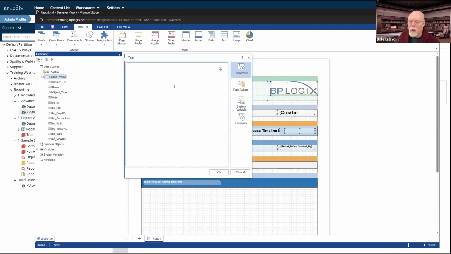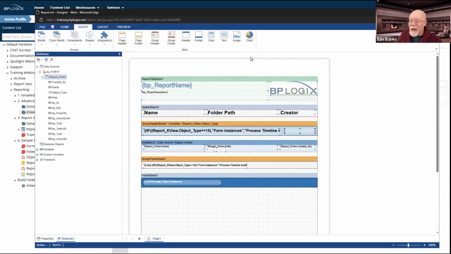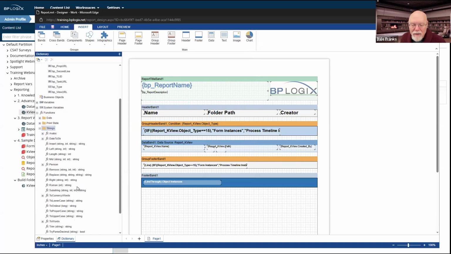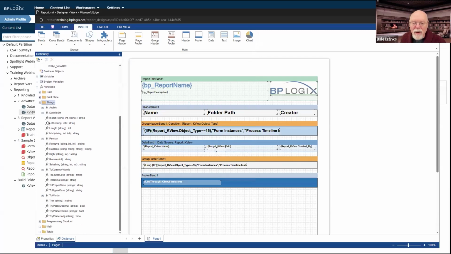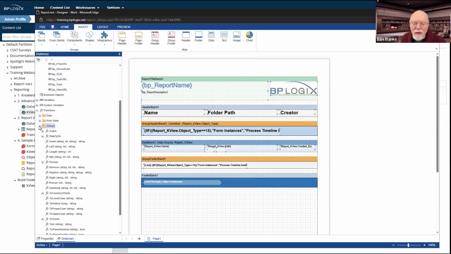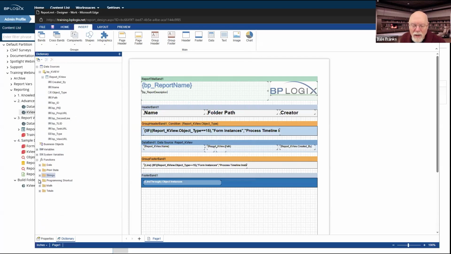What function do you want to run here? And I can type in the text for my if statement here. I can also go into functions. Is this a string, or I thought it was a logical function, not strings. Date, print state, programming shortcut. There it is, if.